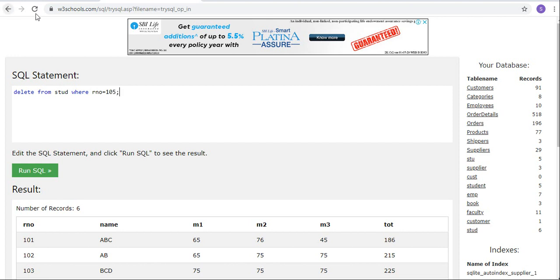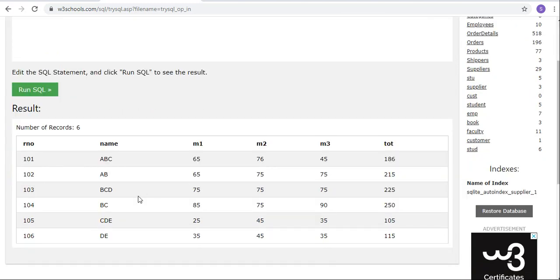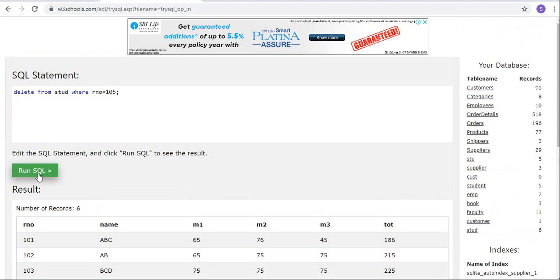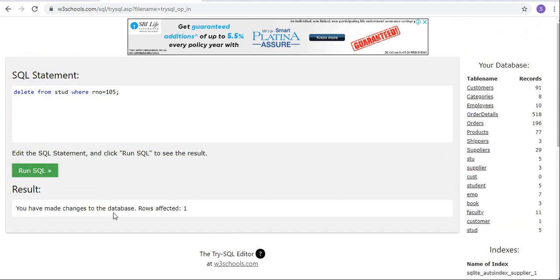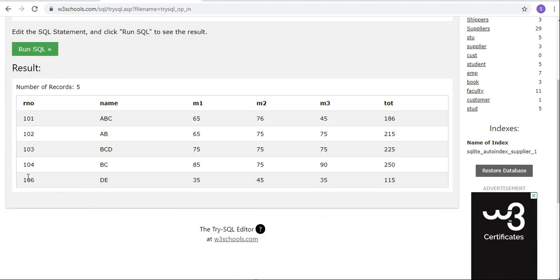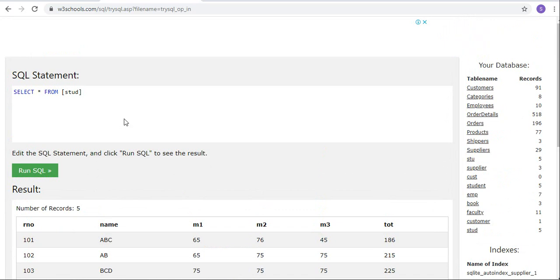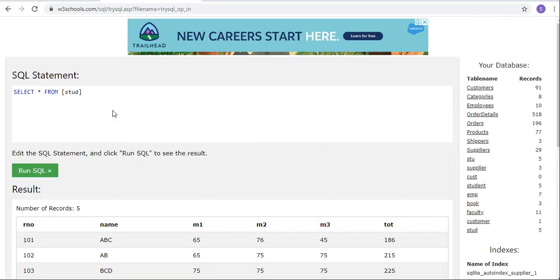So what will happen? This record will be deleted. So run SQL. Now if you see, 105 is deleted. If you didn't specify any condition, then everything will be deleted. All the records you have in that table will be deleted.